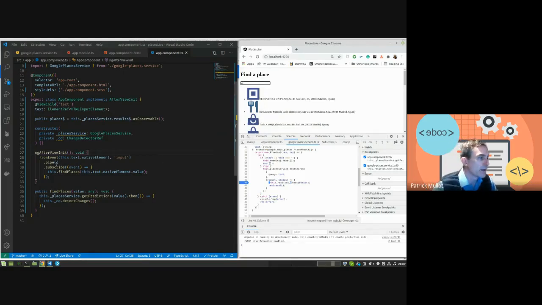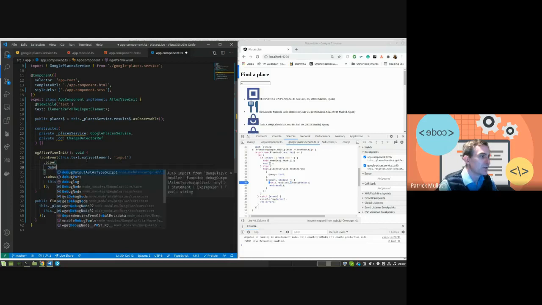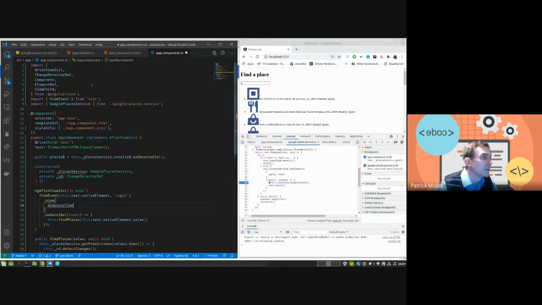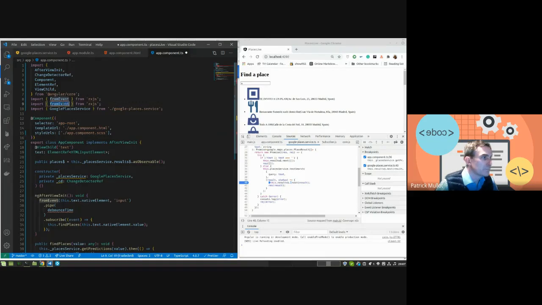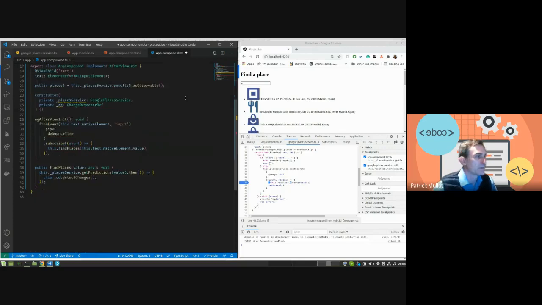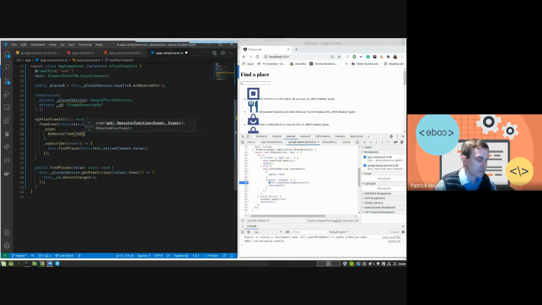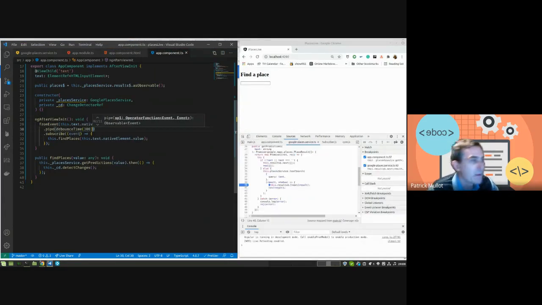But what we can do now is use the debounce time operator, which should, I don't know why it doesn't work. It doesn't matter. So the debounce time from the operators, and we're going to wait 300 milliseconds. Okay, and the debounce time operator in an observable, what it does is,